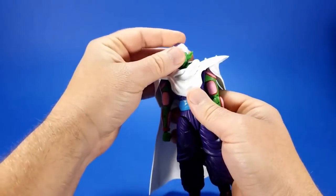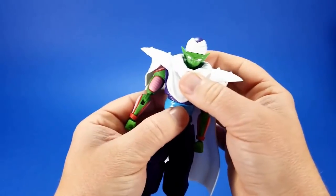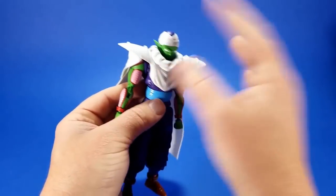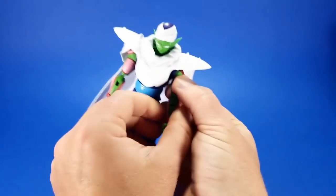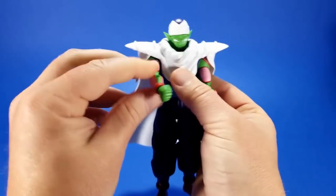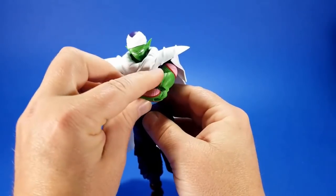And then you pop the head on, and then here, one of the iconic poses is crossing his arms in front of it when he has the cape and the turban and everything. And that's what they say the drop-down elbows are for, so you can get that extra range of movement to come out and across, like so, but...